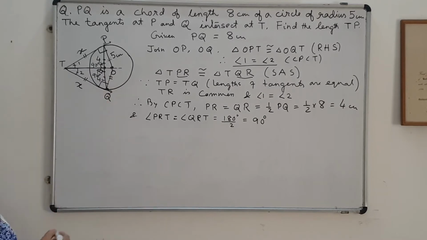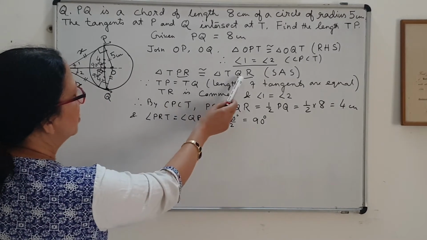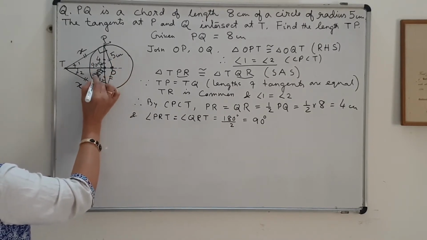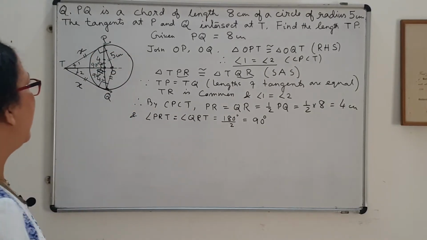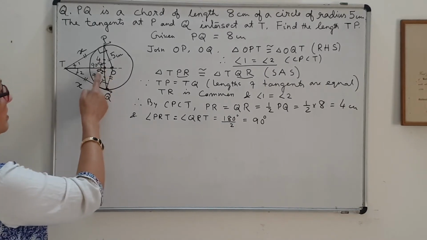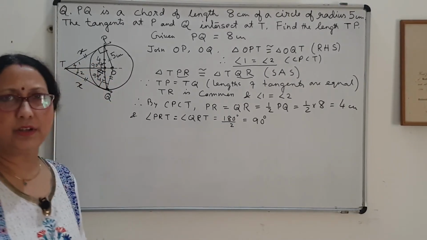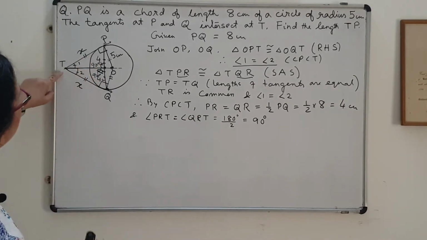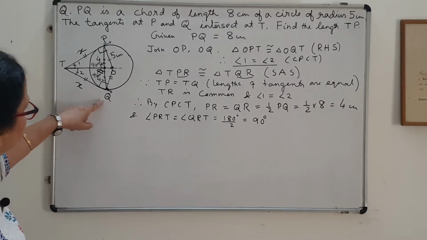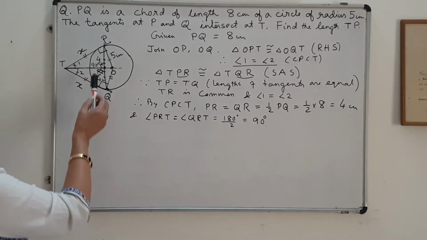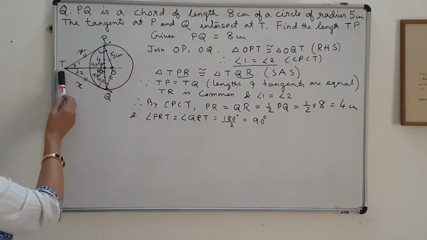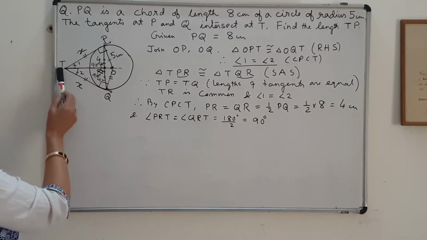So this we have derived. So by proving these two triangles to be congruent, what we have derived? We have derived that this point R is the midpoint of the chord PQ, and each angle is equal to 90. This angle is 90, this angle is also 90. So these two derived. So in other way, I have proved a theorem that means when two tangents are drawn from an external point to a circle, or we can say the tangents drawn at the endpoints of a chord of a circle, if intersect at T,